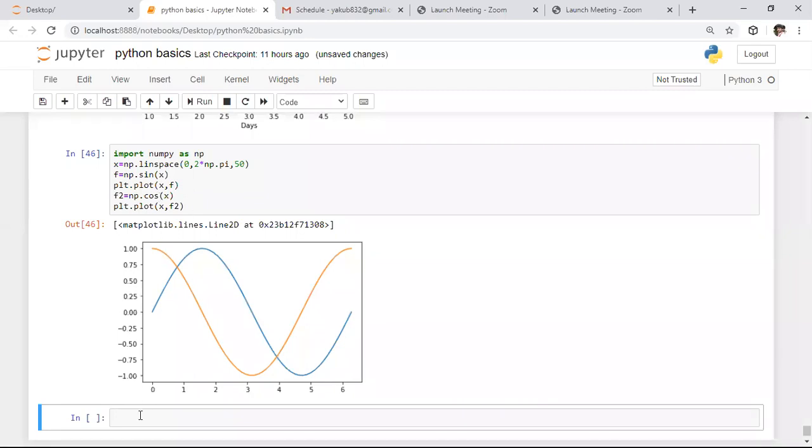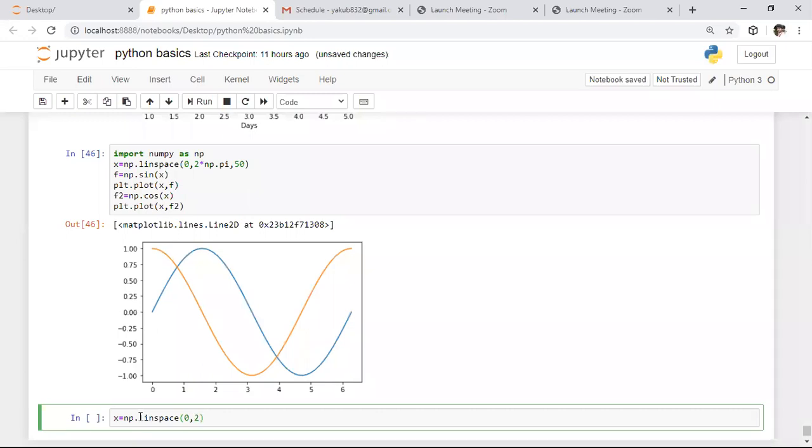In the same graph, I want to observe different line styles, as well as represent everything with legends. For that purpose, we already have matplotlib imported in our laptop. Here I'm saying np dot linspace of, and by using this linspace command I'm specifying a lot of attributes. I want to specify the range from 0 to 2 pi only.